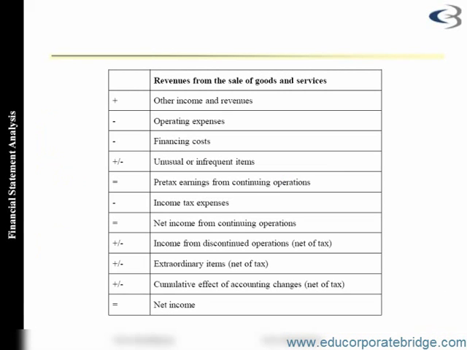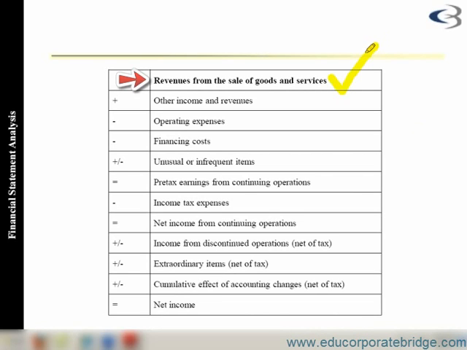So when I say income statement, it's normally presented in the following format. This format is easy for any user of the account. The way this is presented, revenue from the sale of goods or services, that is whatever goods or services you're selling, the revenue which you're earning from it.